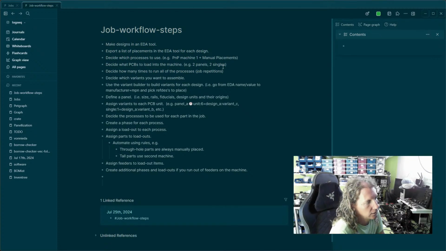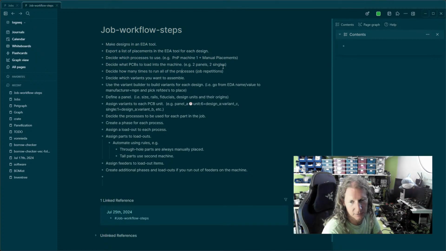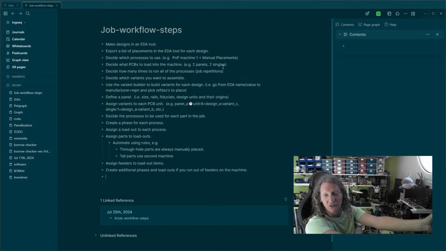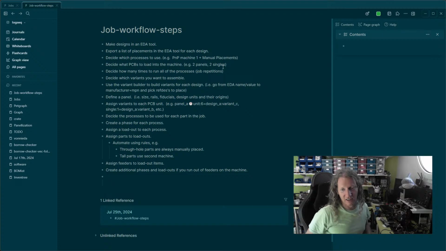So how many times do you want to put one panel in the machine and have it place parts? Which is sort of like the normal way. Right. Now what's it got to do? What's it got to do? It's got to give you